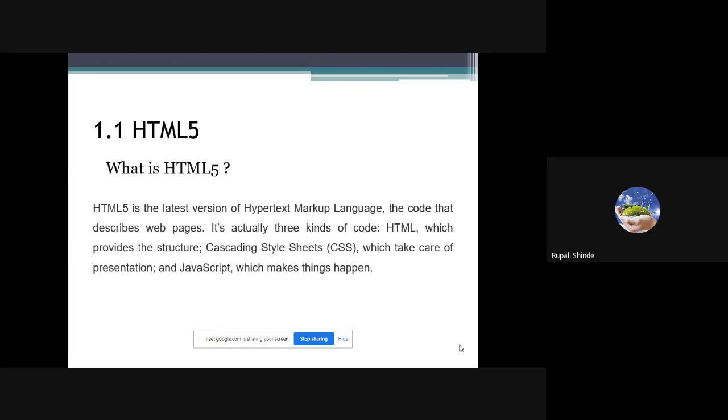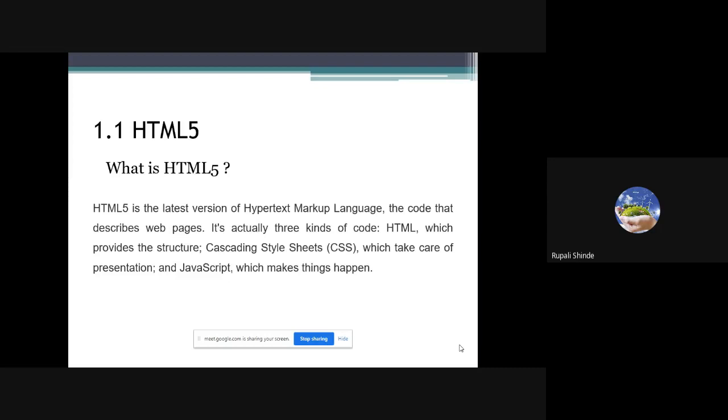These advanced languages we are going to see for communication between client and server, or transferring data from client to server. Okay, these are the three types of code in HTML5. First one is HTML, which gives you the structure of your web page. Then cascading style sheets always give you the presentation. Whenever we see cascading style sheets, they give very high value additions for the web page.